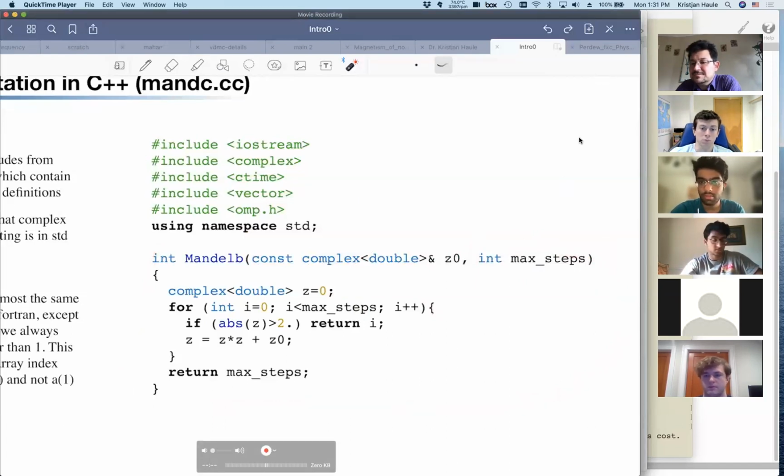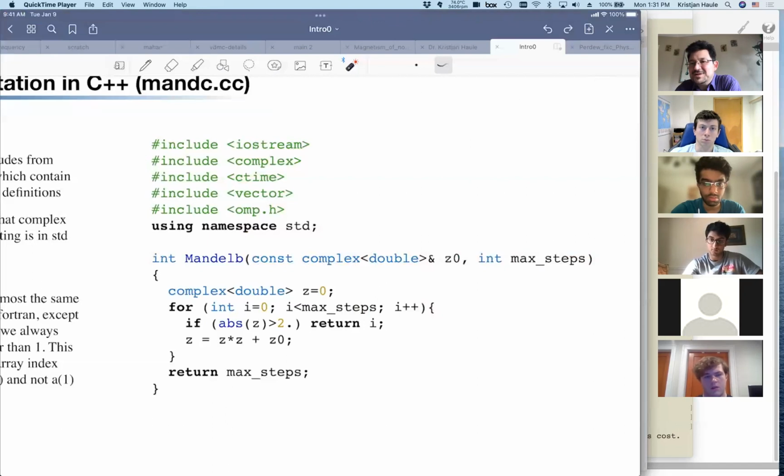So for max steps, why didn't you also use a reference for max steps? Ah, good point. Thank you. Yeah, the reason for this is because